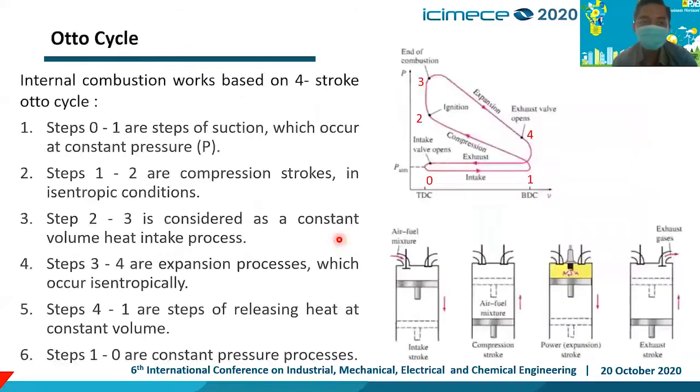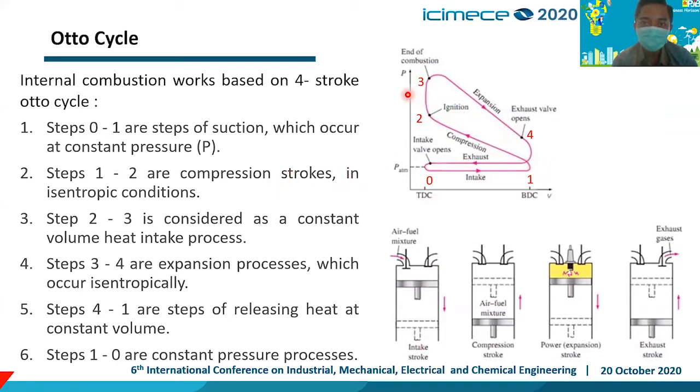Next, an introduction about the Otto Cycle. What is the Otto Cycle? The Otto Cycle is an internal combustion cycle that works based on 4 strokes. There are 6 steps in a 4-stroke engine or Otto Cycle. First is step 0 to 1, which is the step of suction, occurring at constant pressure. This is the intake stroke. And then the second step is step 1